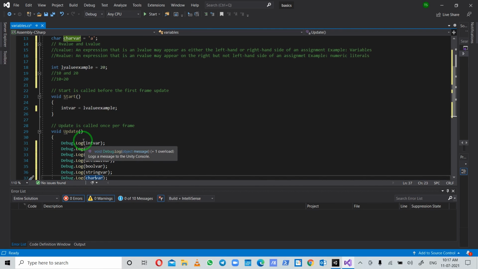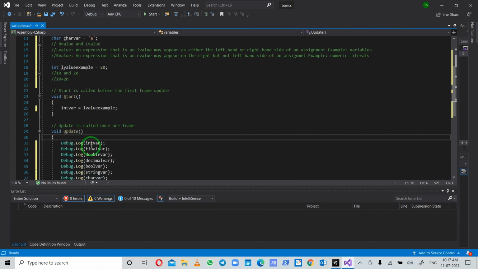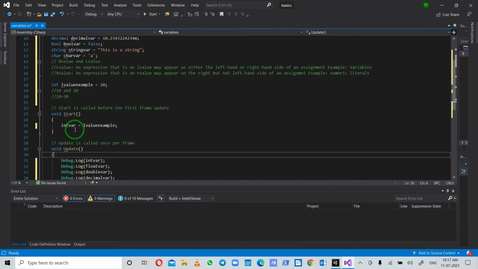Now that I'm going to print these values, int var, float var, on the console, you will notice that for int var, when the system executes this line, 20 will be printed, not 10, because in the start I have written int var equal to L value example, so the value stored in L value example is assigned to int var.